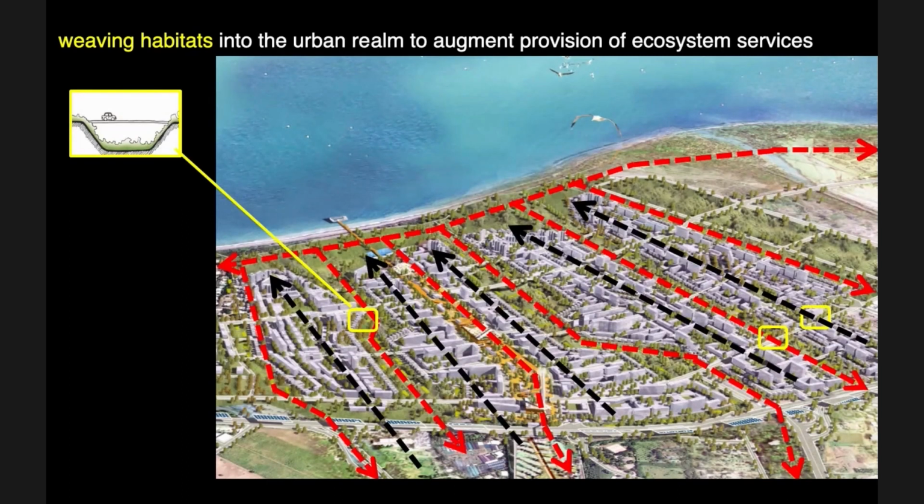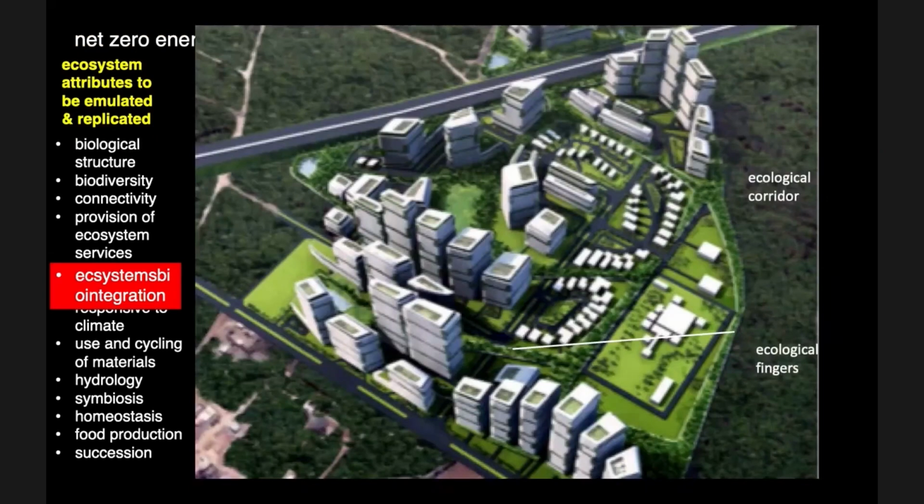This is a master plan that we did in India, where we tried to integrate the vegetation in a similar way. But this time we bring it right across the site. On the right-hand side of the site is the forest reserve. We collect all the species, then we have a series of vegetative fingers stretching across the site. So when it hits the other edge of the site, we can link the vegetation on from the other sides as well. This way, the whole locality becomes a linked habitat for species within the environment.